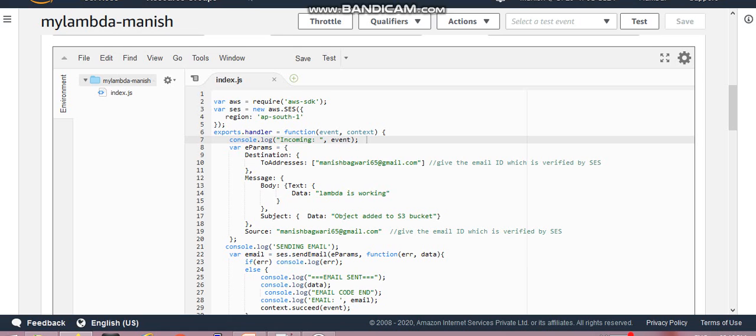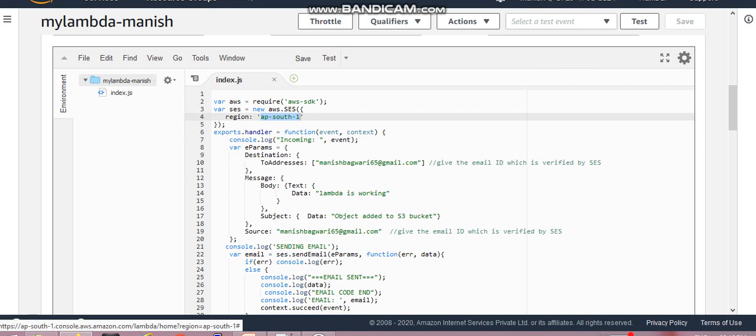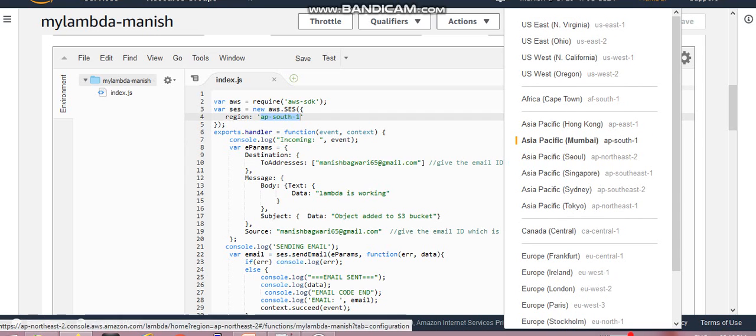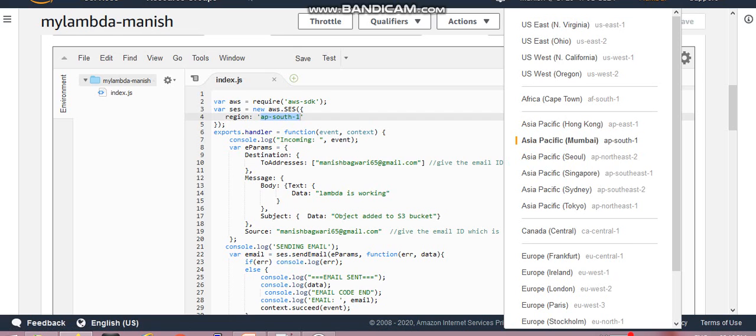We need SES, so you create an object of SES where you select a particular region. Your lambda function should be in the same region as your S3 bucket, which is why I have given ap-south-1. This is the region.